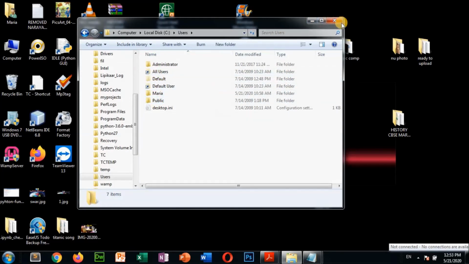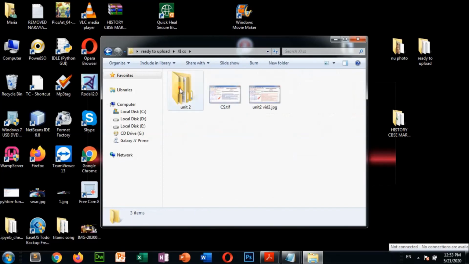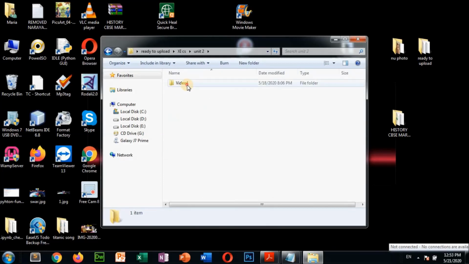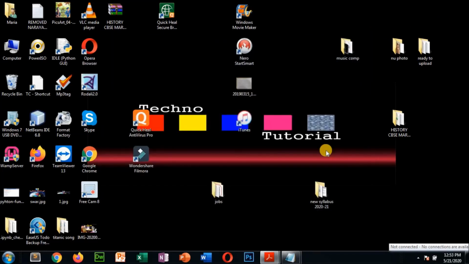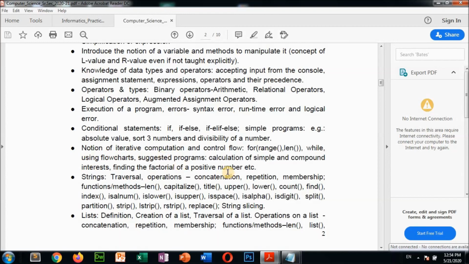Unit 2 computer science. Already we have finished up to this, that means the looping statement also we have finished. So the programs that I have done today, and the programs that were there in the folder, those programs also I will send you in mail.